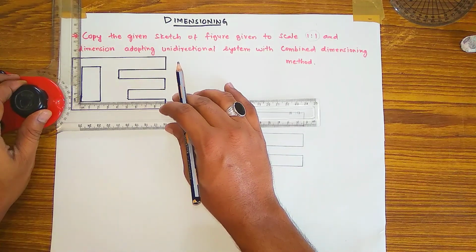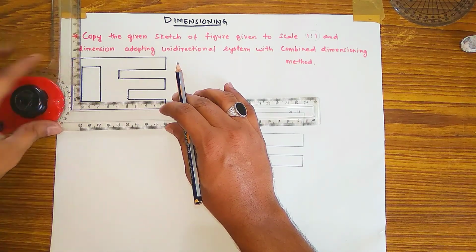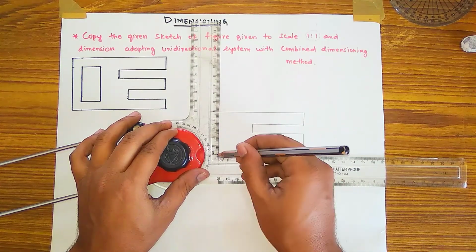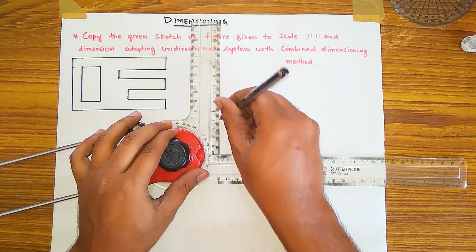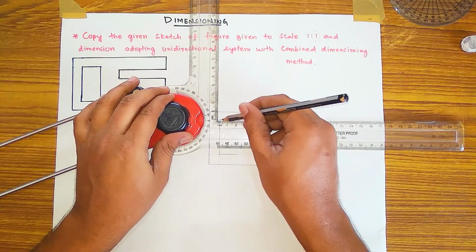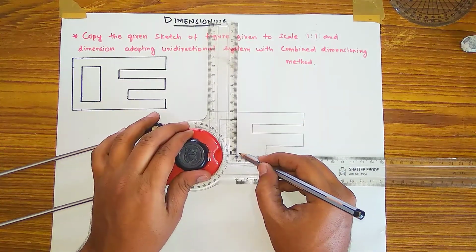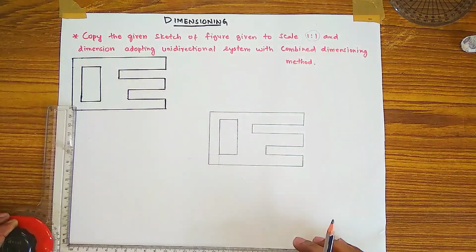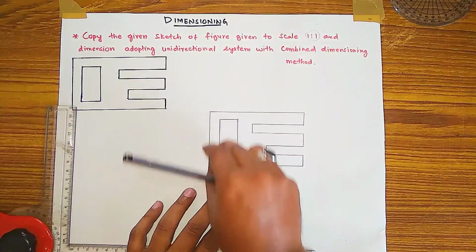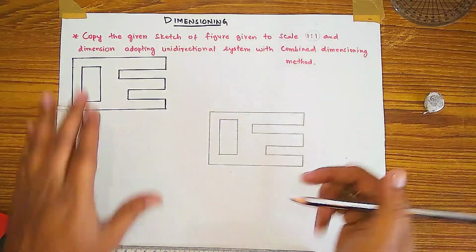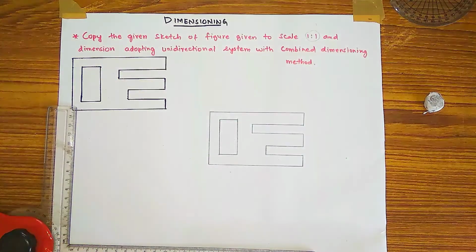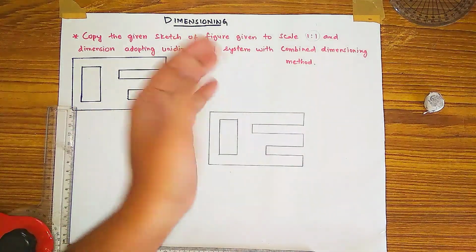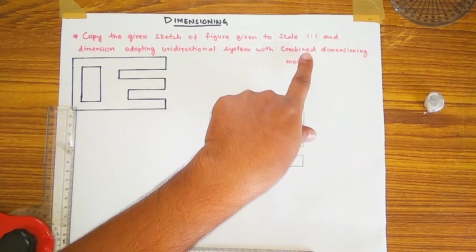So how much is the box? This one is 20 and this one is 40. So draw here 20 mm like this, and this one 40. Okay, same as 20, 40. I have drawn that box also in between of the figure, and you can rub the faint lines according to the figure. Now you have copied this figure according to the scale. So first you have to draw with scale only.